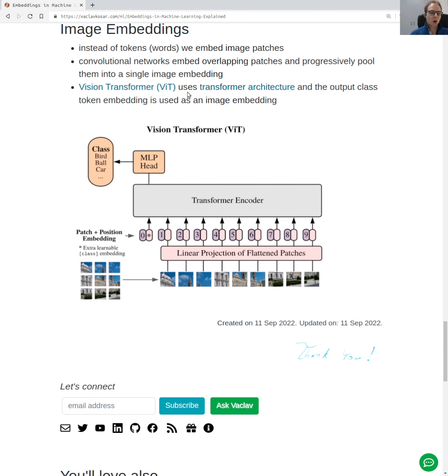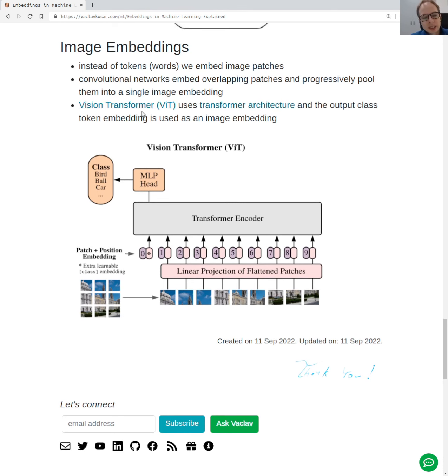Okay, we spoke about the text. In case of images, we do something similar, and we can use the transformer architecture in that case as well. How we usually work with images is that we split the image into overlapping patches. For example, convolutional neural networks, not only transformers, also work with overlapping patches. And